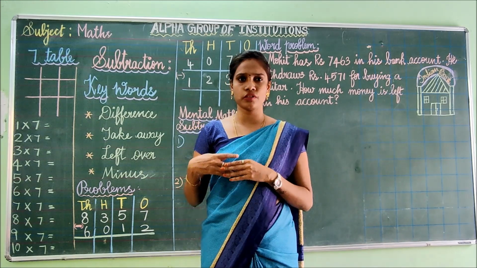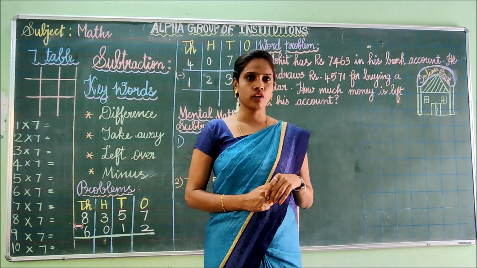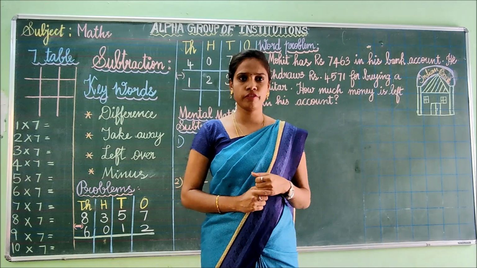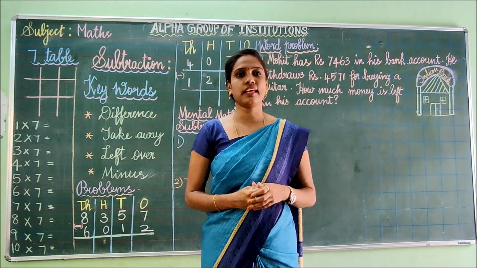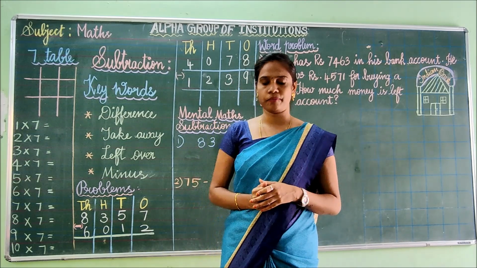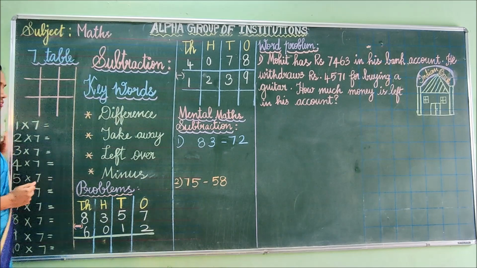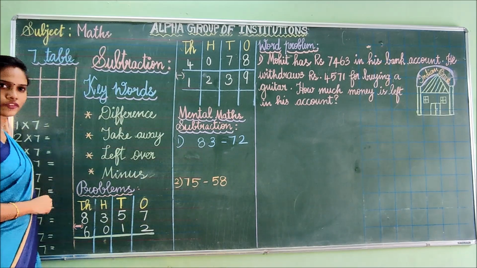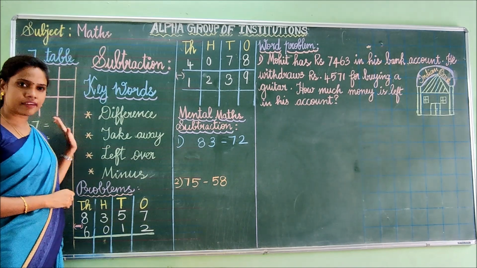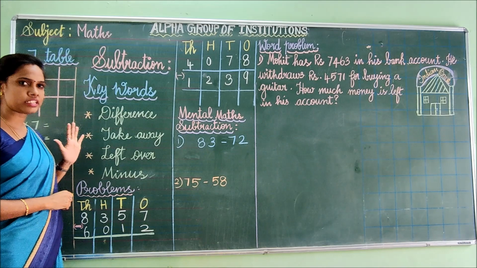So now we are going to see subtraction. Okay children? Fine. So I'll tell you the different ways of subtraction. Before that we can start with 7 table. Shall we start now? Fine. So I am going to tell you the tricks for 7 table. Last class I said tricks for 6 table, right? Now I am going to say the tricks for 7 table, children. Very simple. 7 table is very simple.